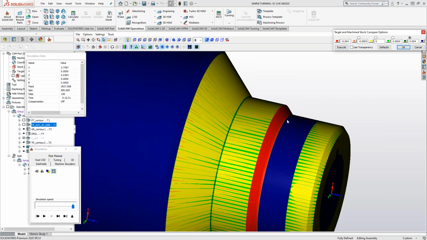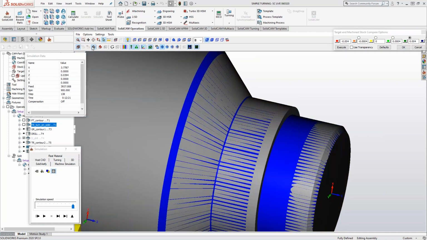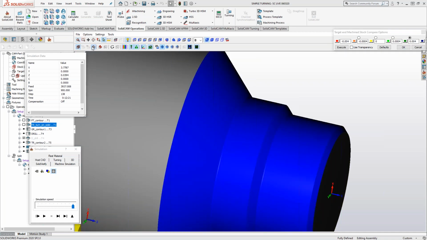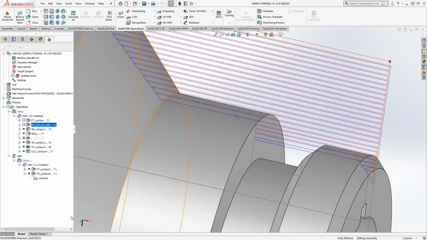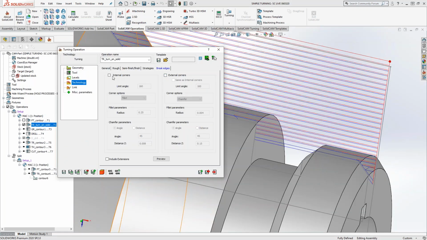That is, again, because we changed it in the toolpath side of things, but not the design side of things. So our target definition still thinks that there should be a corner there. If I bring in the target definition, you can see that it's showing that there should have been a corner there. And then likewise, if we do fillet,